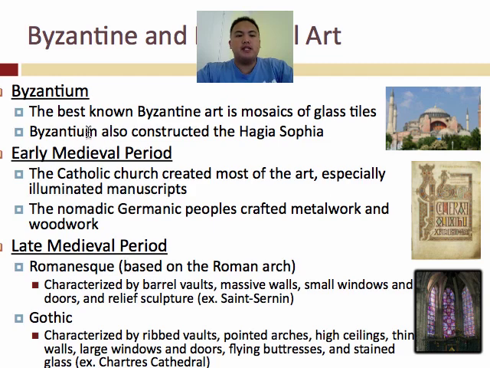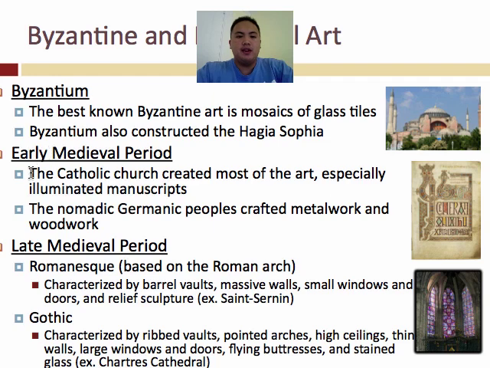Byzantium also constructed the Hagia Sophia. It's one of the greatest architectural feats. It's an awesome building, Hagia Sophia, and it was built in Constantinople, which some of you may know is Istanbul or Turkey. In the early medieval period, we're talking about, again, none of this is written down, but 375 to